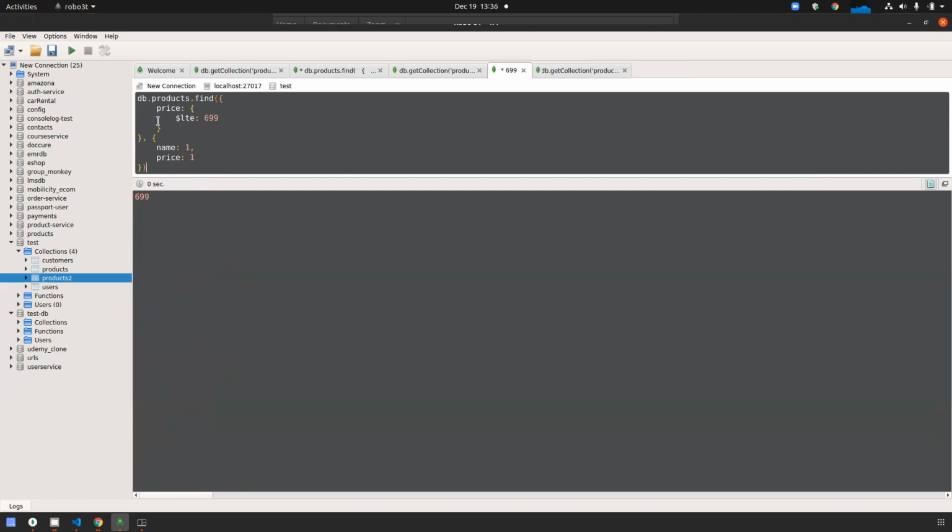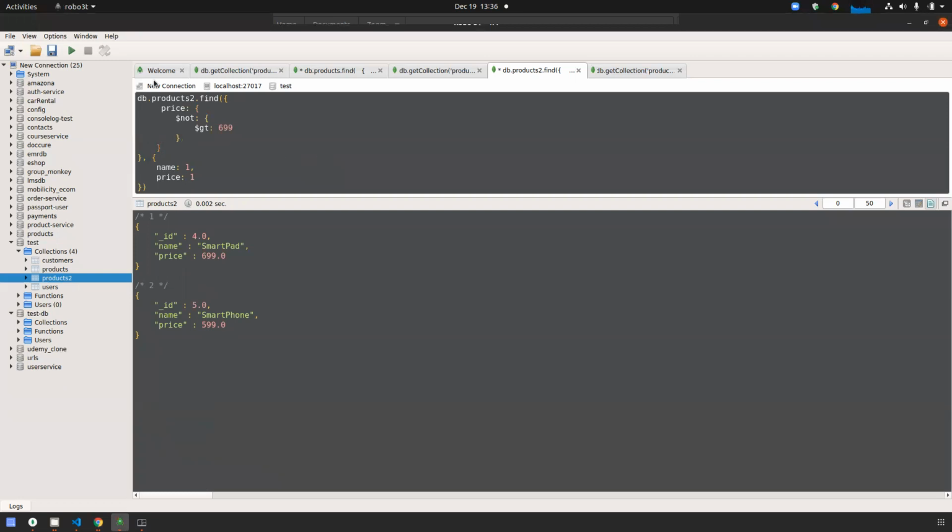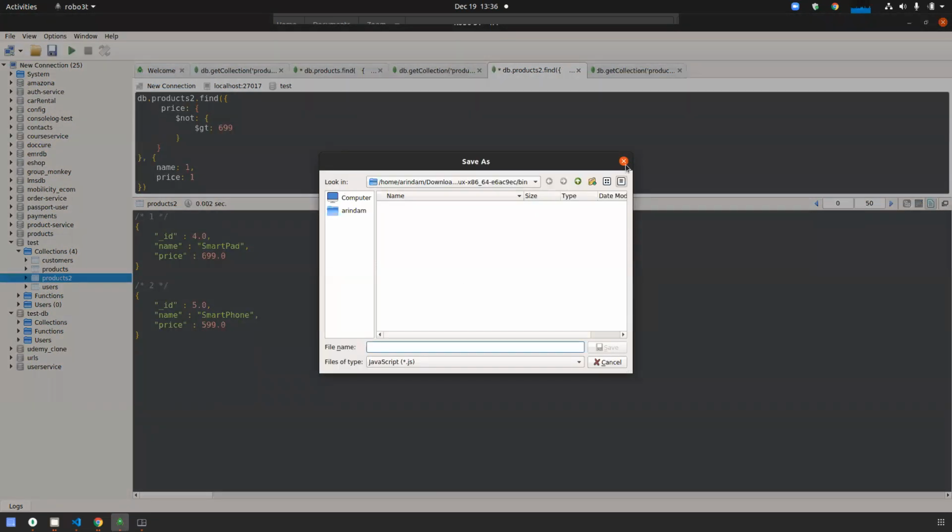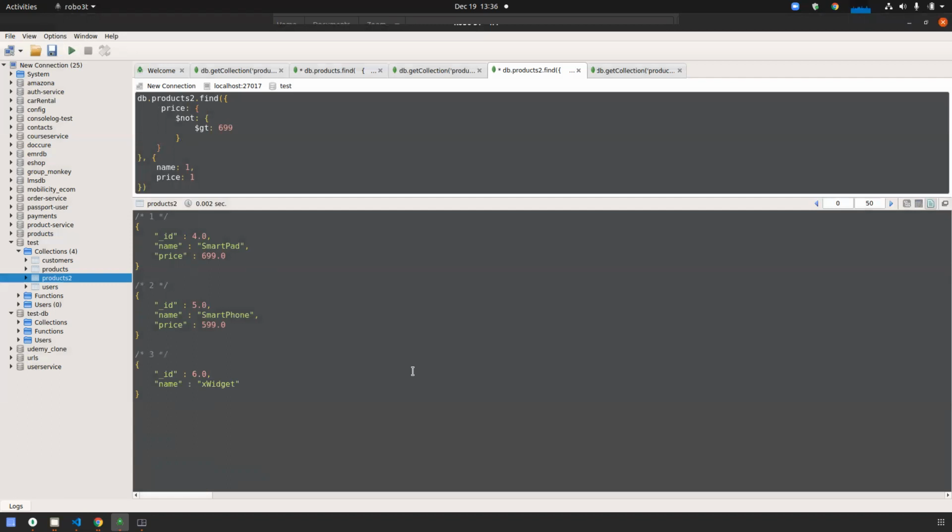Not greater than means less than or equal to 699, so it returns 699 and 599, and also the product not holding the price.